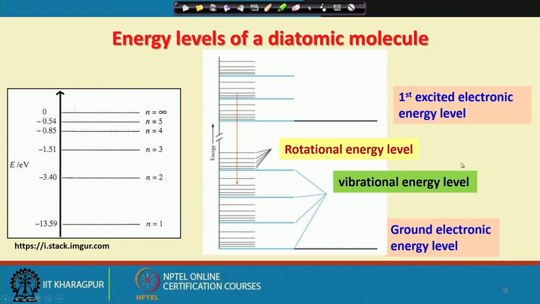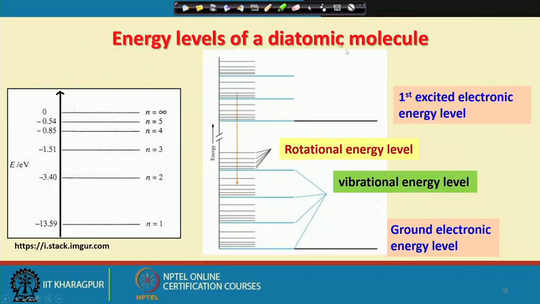Now, if I ask you, can you point out the energy level of a molecule which is occupying the ground electronic state and which has a vibrational quantum number